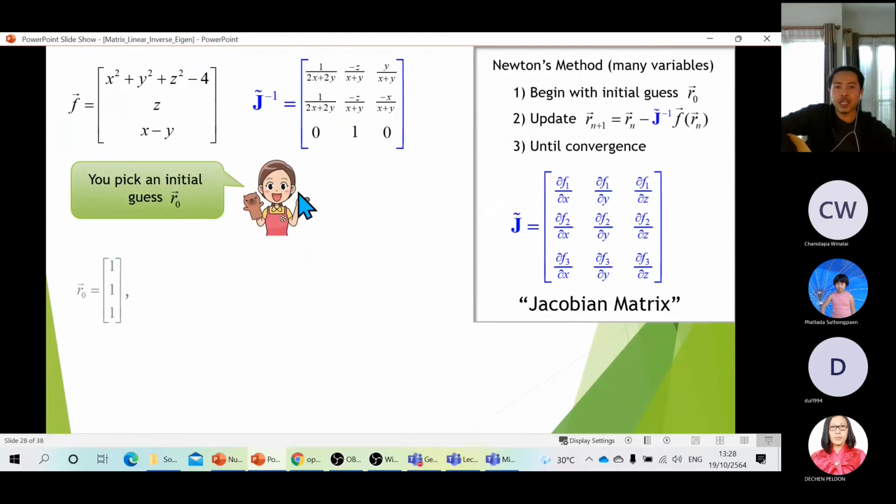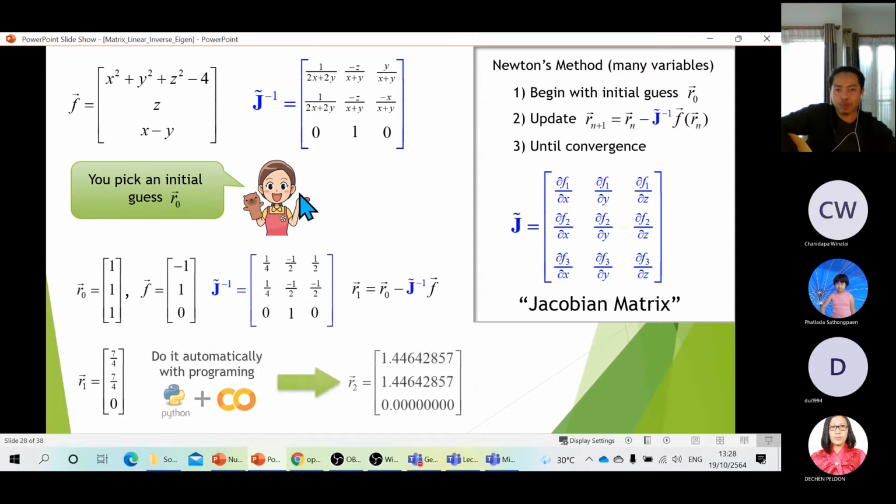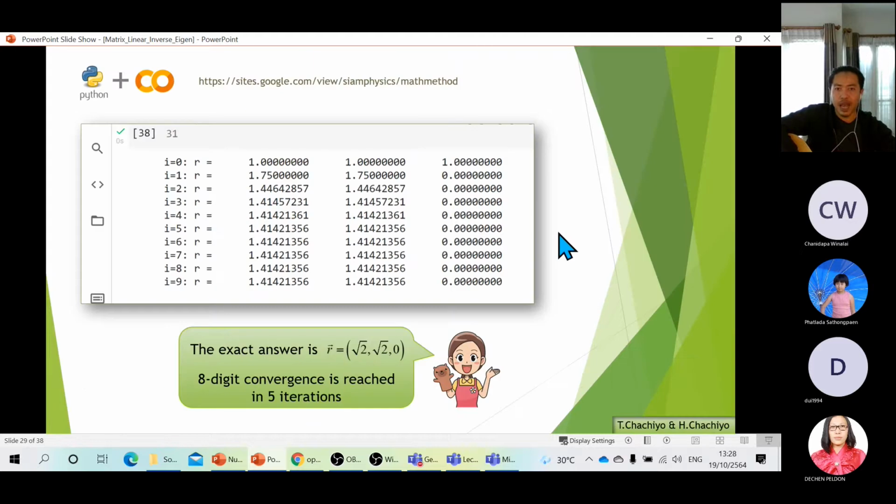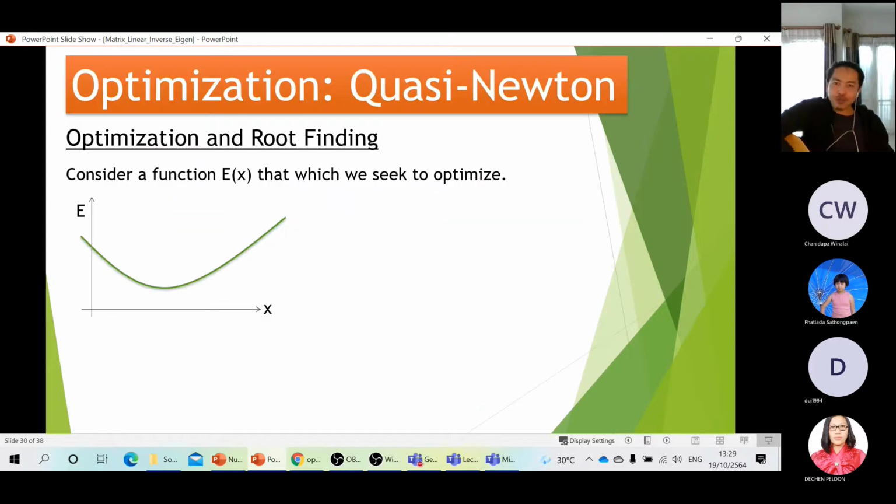So as you can see, this is how we do the root finding for many variables in this case. Okay. Now that's the summary of the output. Okay, and I hope you can follow this nicely. Okay, that's just the warm up part of the optimization. Now let's go to the topic of today: optimization and root finding.